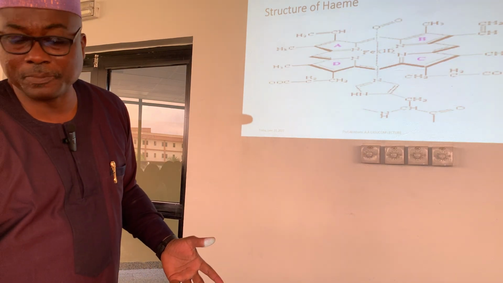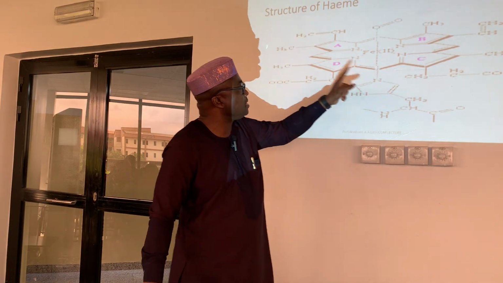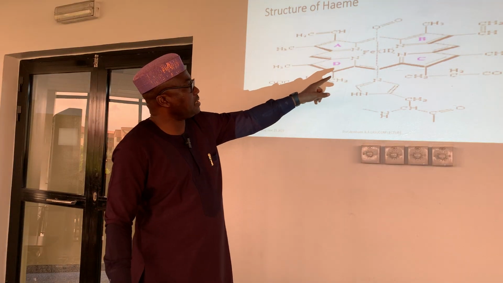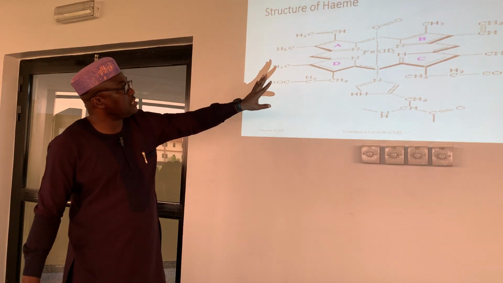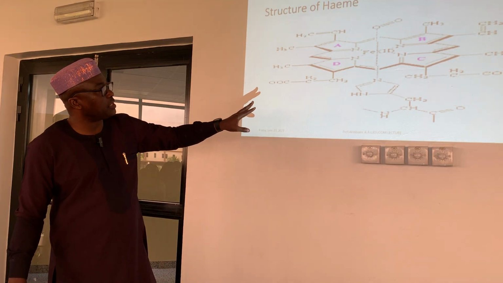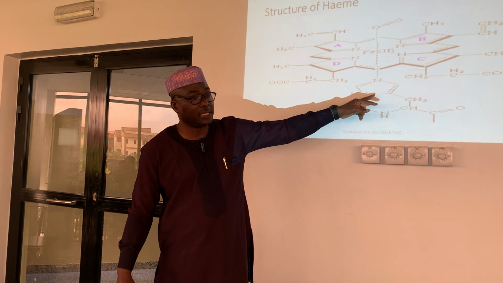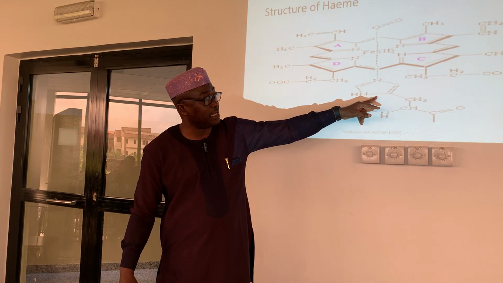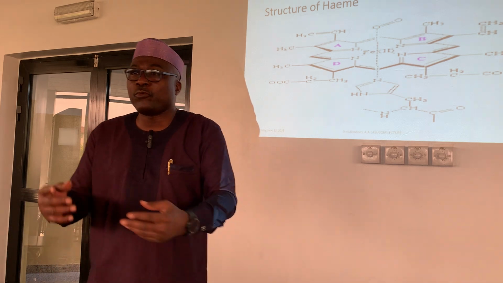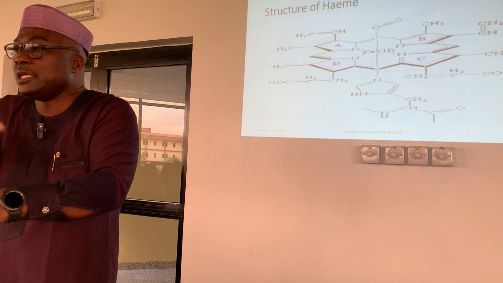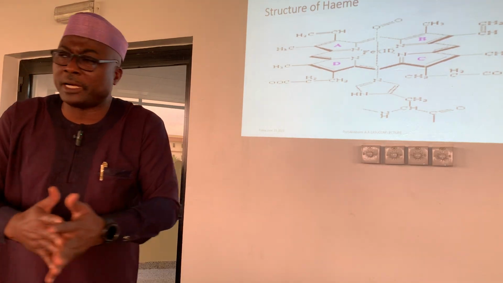Okay, this is the heme. Again, this is the structure. It has 4 pyrrole rings, A, B, C, D, and it has iron inside it. So this is the structure of the heme. Okay, and this is where the polypeptide chain binds. It has another ring that binds the polypeptide chain, the alpha chain, the beta chain, and don't forget it is folded. The heme is folded inside the polypeptide. You still remember the primary structure of protein,